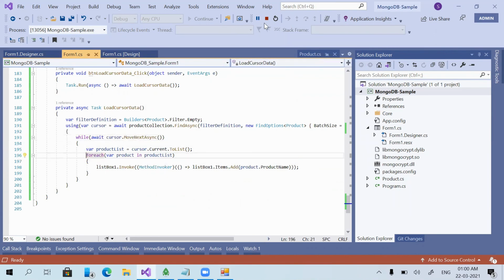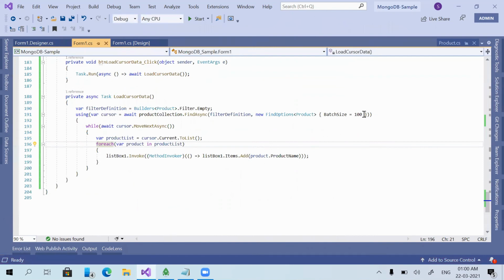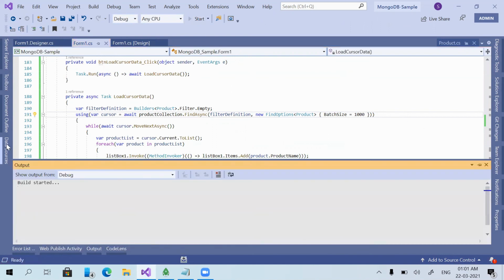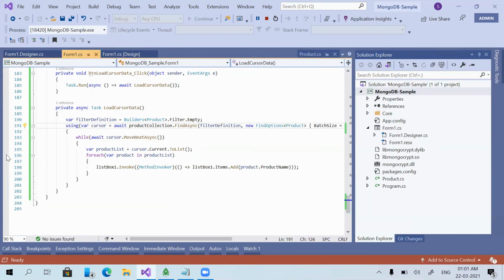So this way we can work with a huge collection. I have given 100 as an example for the batch size, but we can give whatever value we need. If I need to take 1000 values in a particular batch, I can give it like this. Sorry, I forgot to create a breakpoint here.